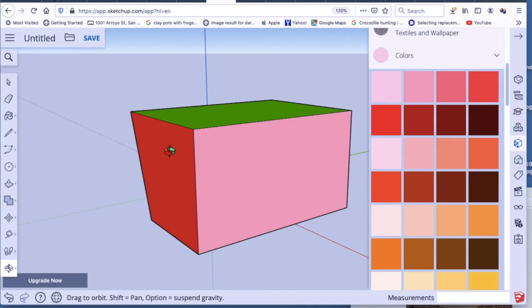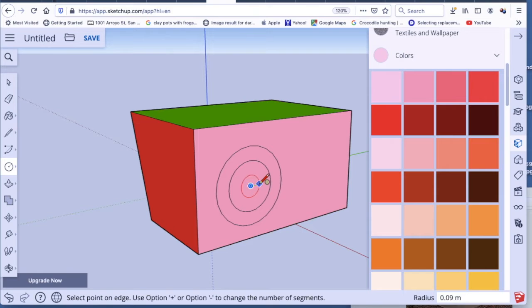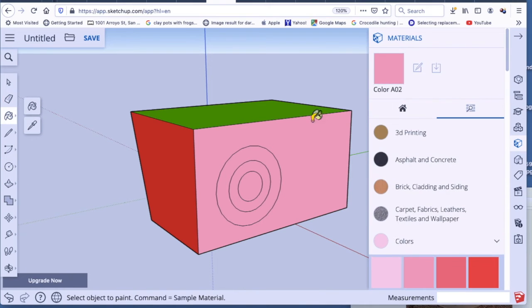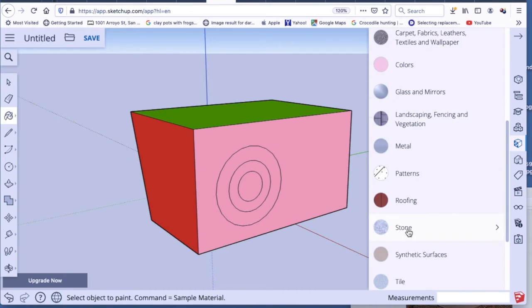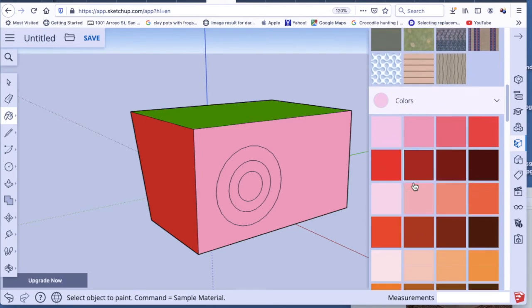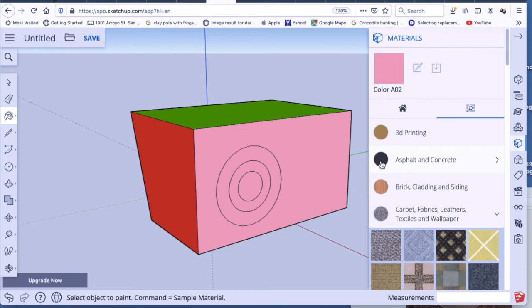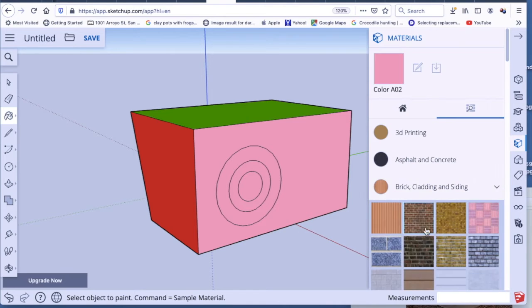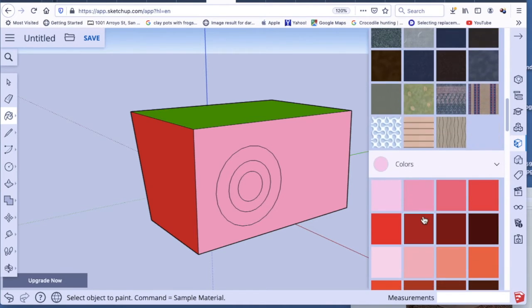Now, if you want to put more shapes and forms onto this, you can go and get a circle. Say, you can drag a circle out, right? You can drag out from the center, make another circle, like a big target. Now, you can go and get your paint bucket tool again, and you can change your colors. Go back to colors, or you can change it into textures, right? If you're really into that, or brick cladding, siding, okay, and there's all different kinds of stuff that you can